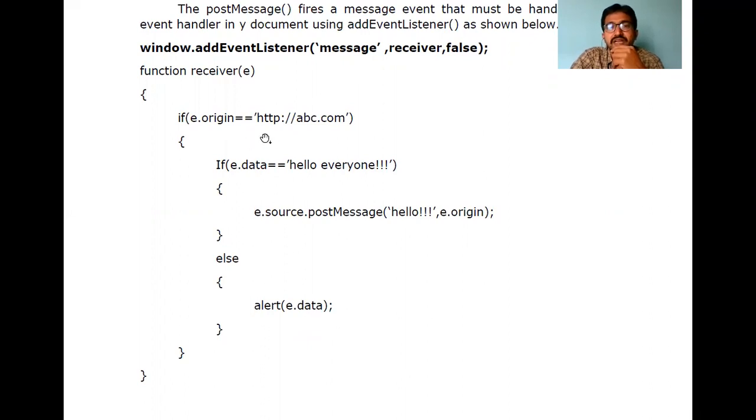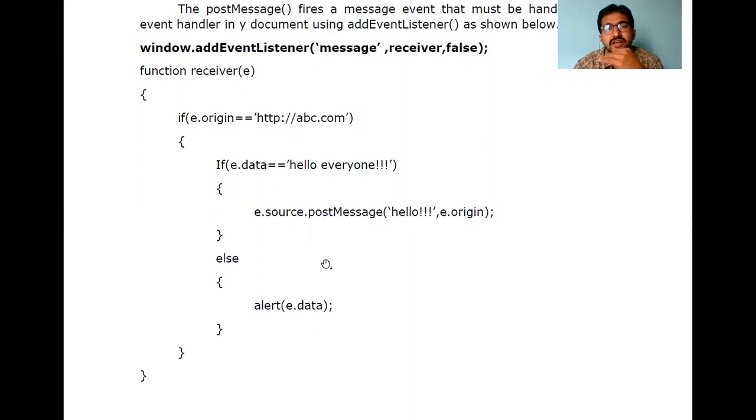If the hyperlink matches for this e.origin, then it will check whether the message is hello everyone for iframe of 0. If both match, it will open the respective web link to view the full content of that iframe. If it does not match this website, it just displays only the message e.data, just hello everyone, with no full details.